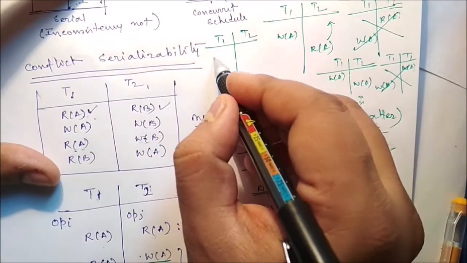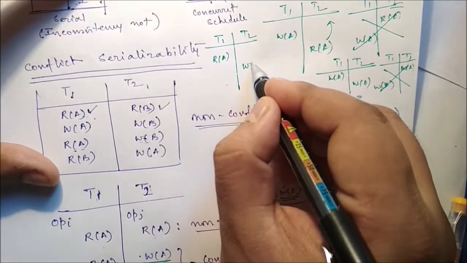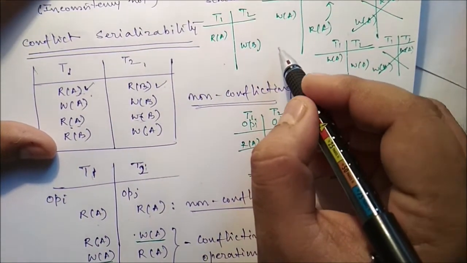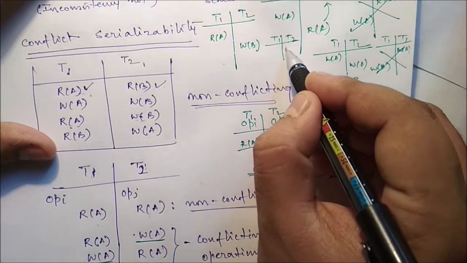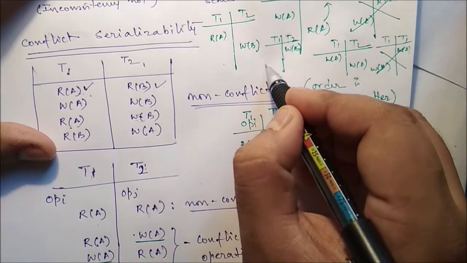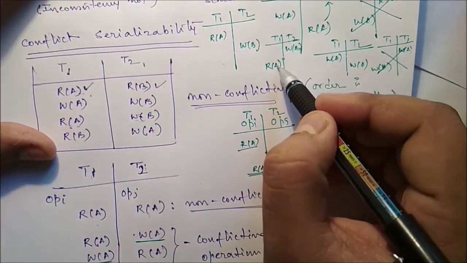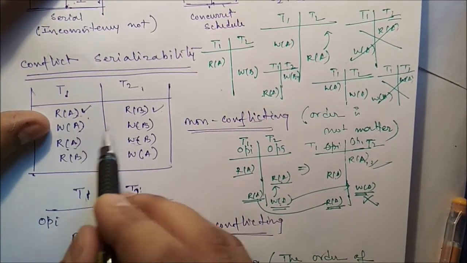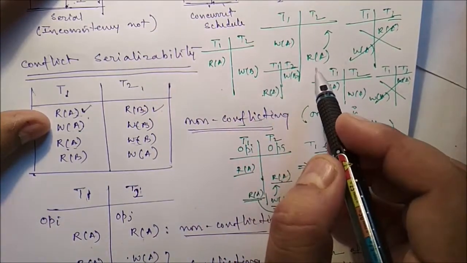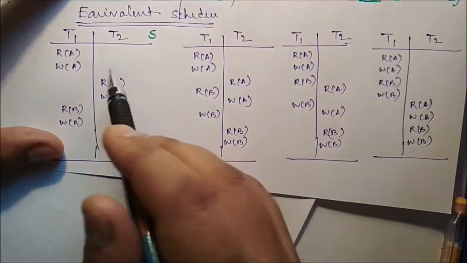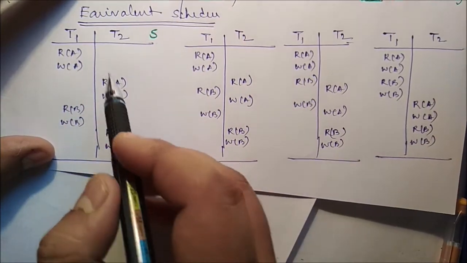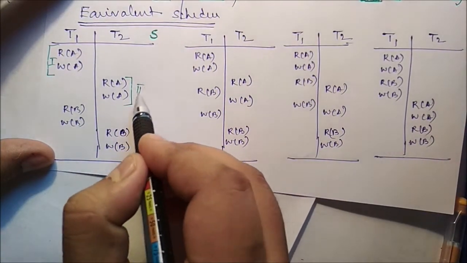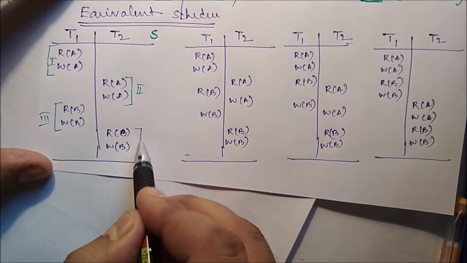That means if a read instruction is there and here a write instruction is on a different variable, then easily we can swap. We can execute write B first, then read A, because both are working on different variables and are non-conflicting since the variable types are different. Similarly, it is valid for write A also. Now we can see the equivalent S. T1, T2 is a concurrent schedule. This is part 1, this is part 2, this is part 3 and this is part 4.